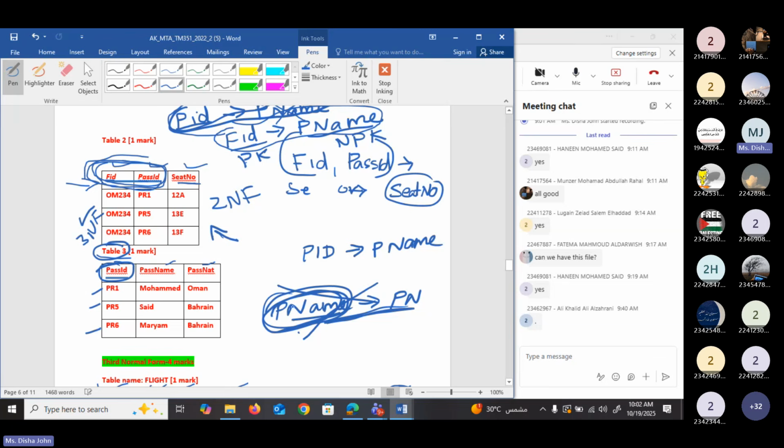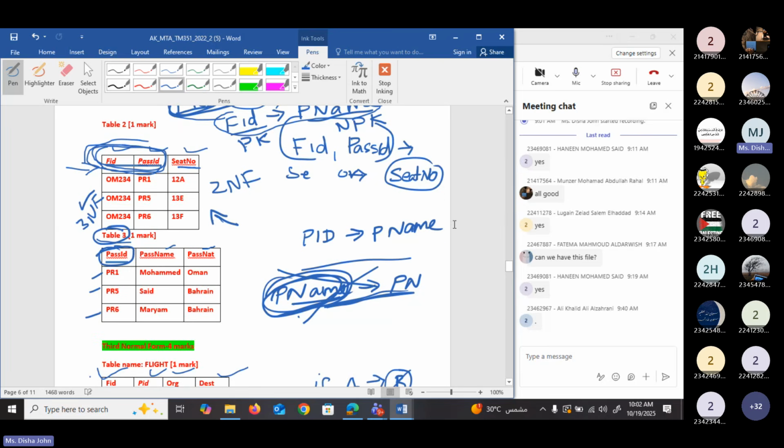So if it is not a dependency, here we cannot make a transitive dependency. This one is okay. Passenger ID determines passenger name is okay. But by passenger name, you cannot make another dependency. So in this table, we cannot make a transitive dependency. So we can say that this table is also in third normal form.